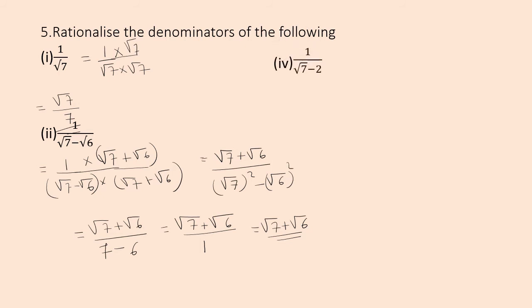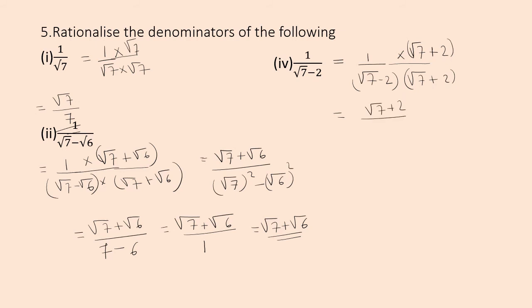Now moving to question number 3. It is 1 upon root 7 minus 2. You have to rationalize the denominator. For that, you have to multiply the numerator and denominator by the same number, only the middle sign you have to change, that is root 7 plus 2, and the denominator also by root 7 plus 2, that is equal to root 7 plus 2 multiplied by 1,